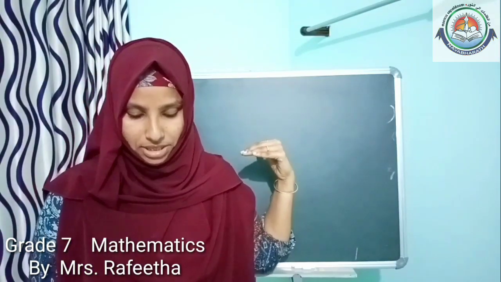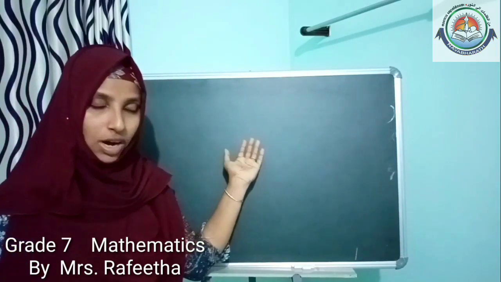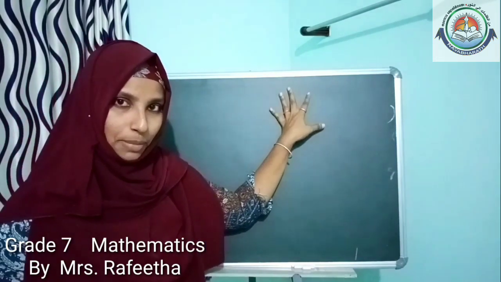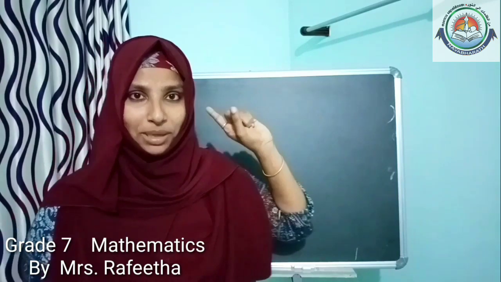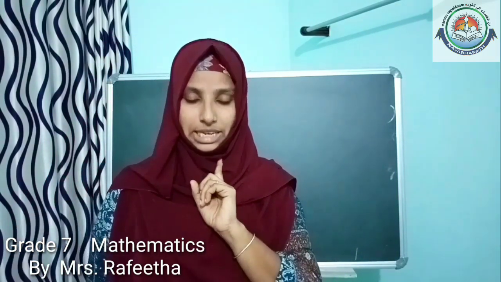Now, we did the question a into b into c into h. Here the question is that you only need to mention the sign. I multiplied a, b, c, d, e, f, g, h as variables, but here they asked only what the sign will be. In that case, you can mention only the sign of the result.